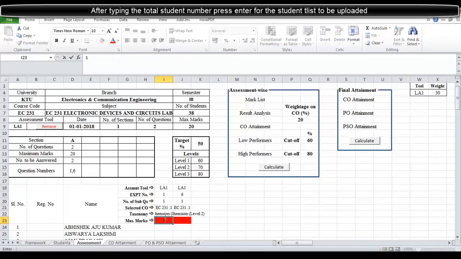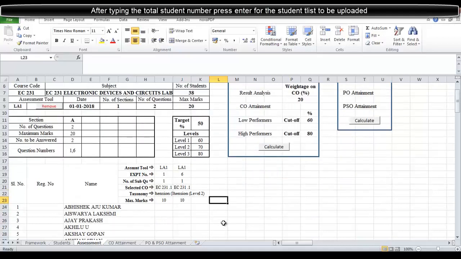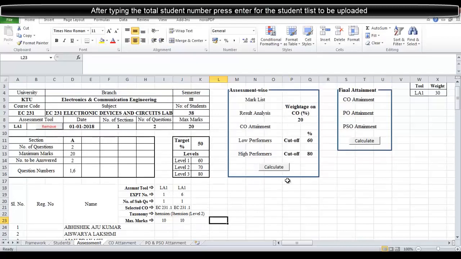The maximum mark for one experiment is 10 marks. Similarly for 10. Now you may be doing it for 20, we don't know. It will depend on lab to lab. So this is what a student gets: continuous evaluation marks for one experiment and 2 experiments combined together under one CO. Since we are having 5 COs, we will have 5 COs arranged here. So each CO is going to have equal weightage. So 100 divided by 5, we will get the weightage as 20, which is already written here.